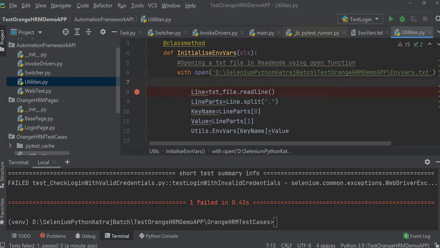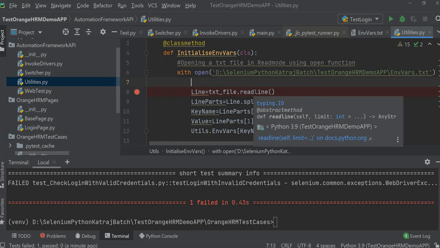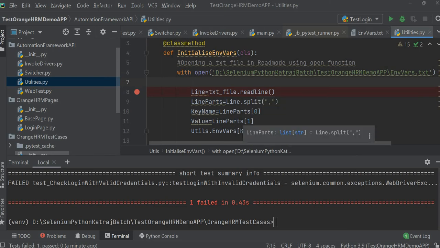Correct. I have to write it in a loop, right? Otherwise, how would it loop through. So this readline, we will check this readline.